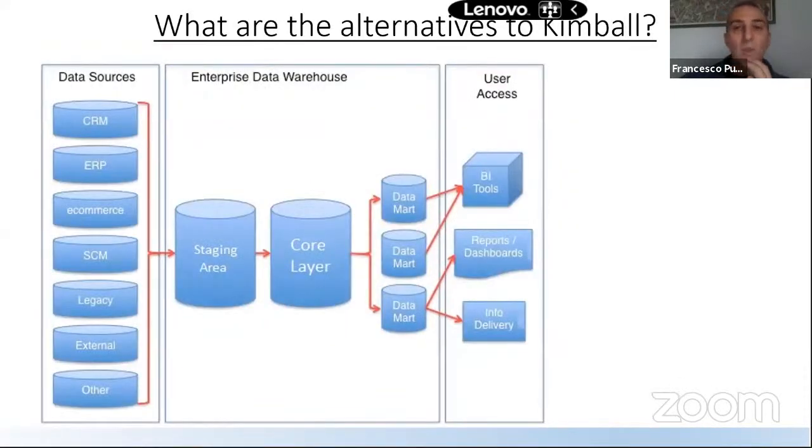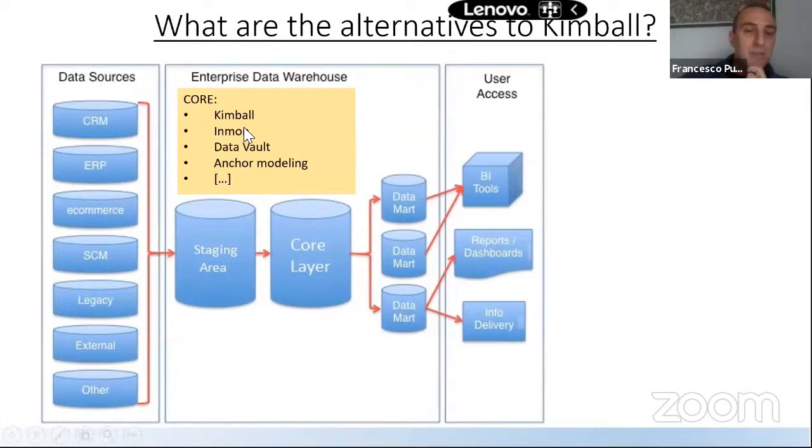That's the point. And what are the alternatives to Kimbo? Well, you can have a data warehouse with Kimbo, the Inman approach, the data vault, anchor modeling. You can have a data lake house, an API, a set of APIs. You can have a lot of sources, not only in the data warehouse. But in the data warehouse, the data mart, if it's the Kimbo approach, is Kimbo.